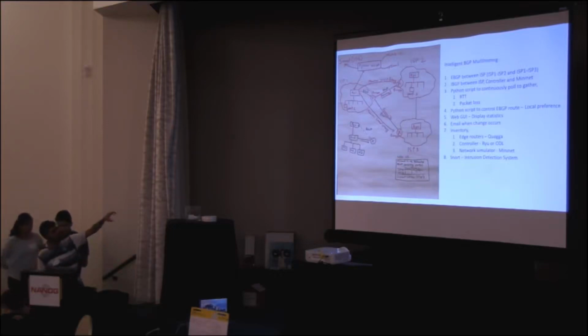So here what the script will do is poll the various ISPs, and so we might have a local preference for a particular route. In spite of congestion in that path, the preference still remains the same. So what the Python script will do is check the latency and other parameters and accordingly change the local preference dynamically. Also, we have an operations team in the company, like the engineering does the main stuff and operations has to handle it, monitor it. So there will also be a web UI which will continuously display the topology, including the congestion,